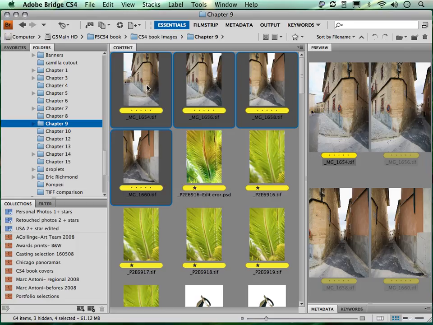So now I want to show you how to work with Photomerge in this movie tutorial. The Photomerge feature isn't exactly new. It's been around in Photoshop for a few versions now. And the main difference with Photomerge in CS4 is there is no longer an interactive dialog to work with,